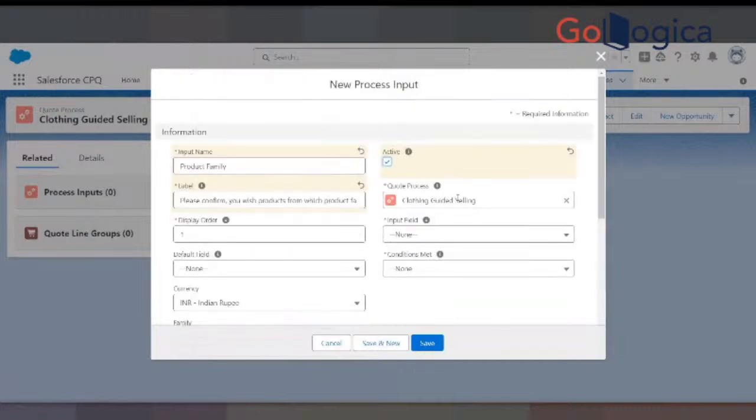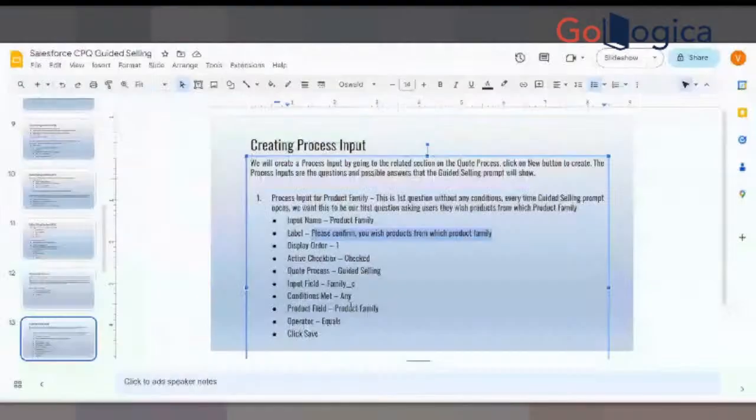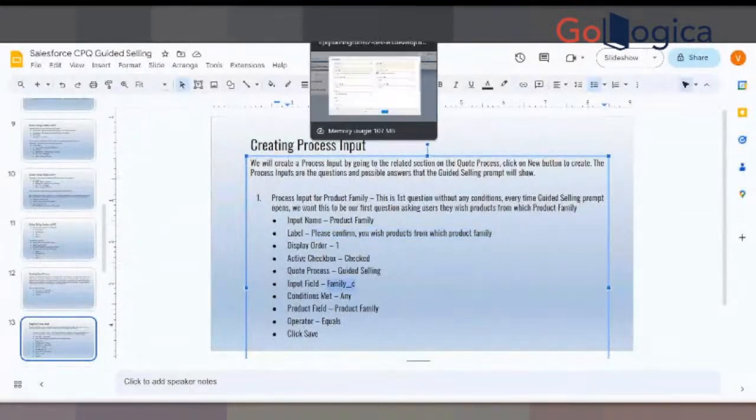So this is, I have created a new one. So this is closed guided selling. Then what else field we need to fill? Input field will be family underscore C. So here my input field should be,